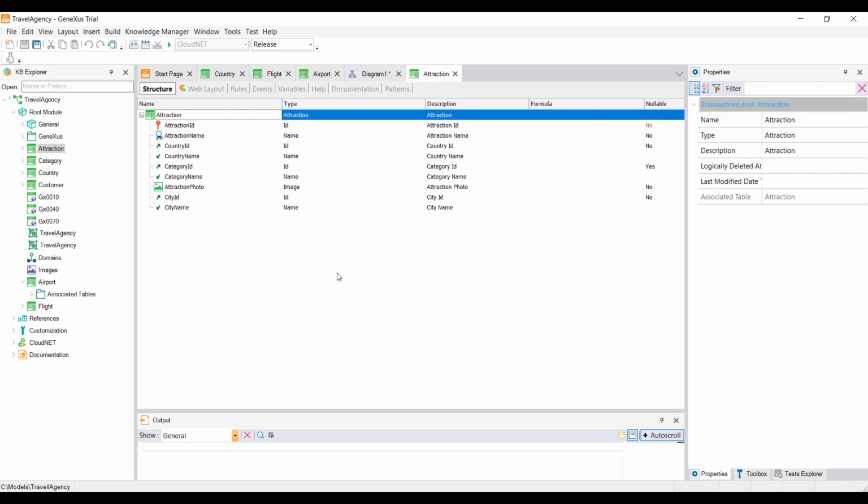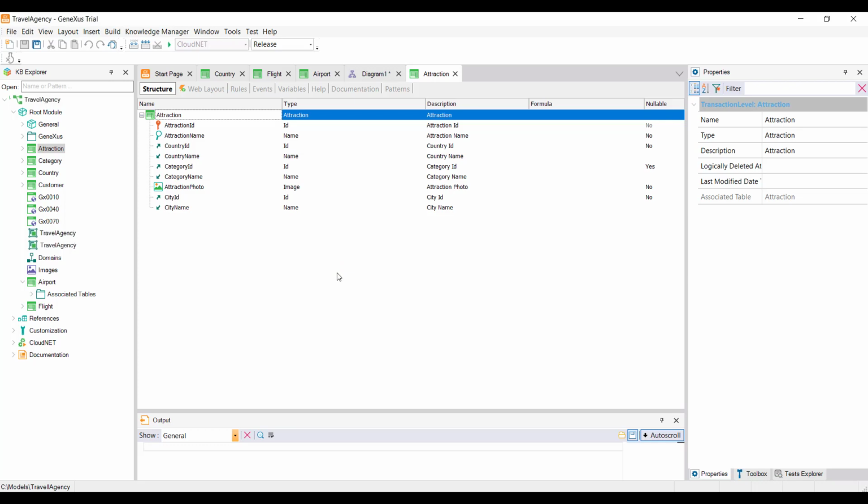In attraction, the country ID has an arrow pointing upwards, indicating that it is a foreign key attribute. But that is not the case of the flight departure airport ID attribute in the flight transaction. So, how can we get Genexus to relate different names to a single concept? We need flight departure airport ID, even with a name different from airport ID, to be considered as such, that is, as an airport identifier.